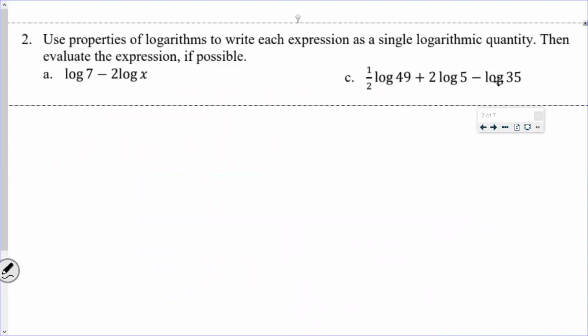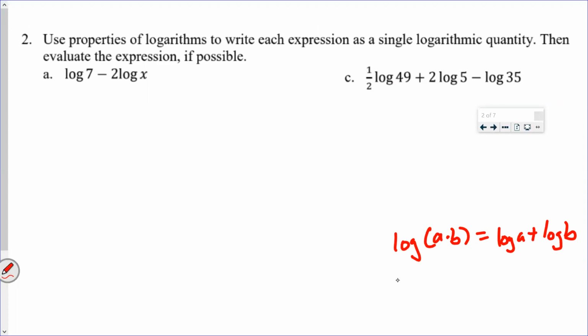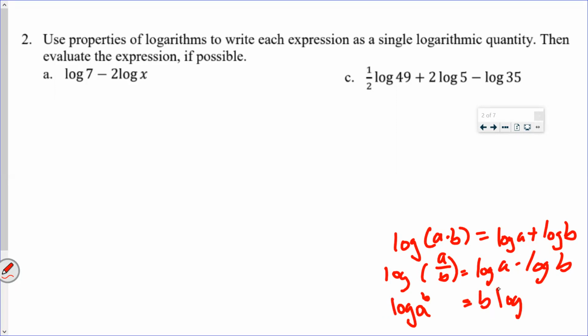Next, we wanted to get into some of that chapter 6, chapter 7 stuff that we talked about, log properties. As a review, I was just going to write some of the log properties over to the side here. For example, log of A times B equals the log of A plus the log of B, the log of A divided by B becomes a subtraction. And then our one that we use quite often, maybe I'll write it as log of A to the B, and it has to be in those parentheses, is B log A, where we can move that